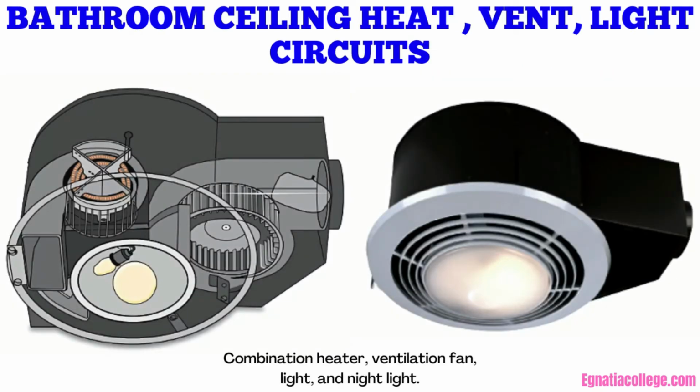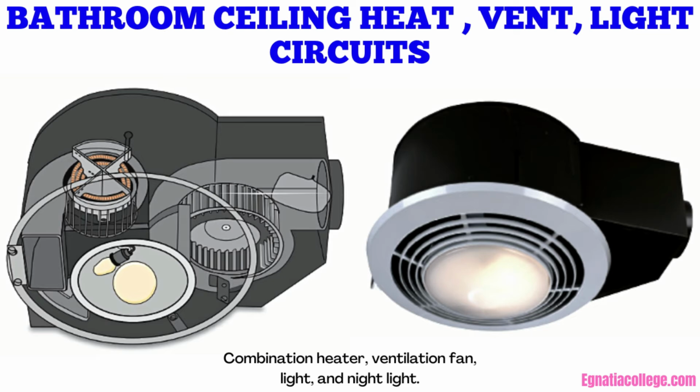Bathroom ceiling heat, vent, light circuits. In the ceilings of both bathrooms is a combination heat, vent, light, nightlight, similar to the one shown in this figure. The symbols K and J represent the outlets for these units. The bathroom ventilation units are